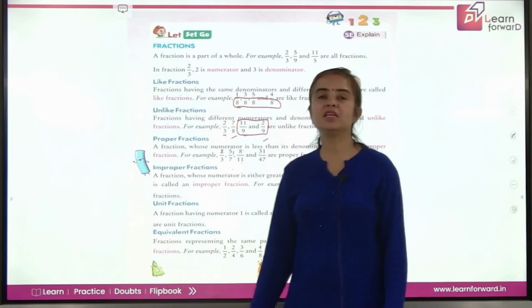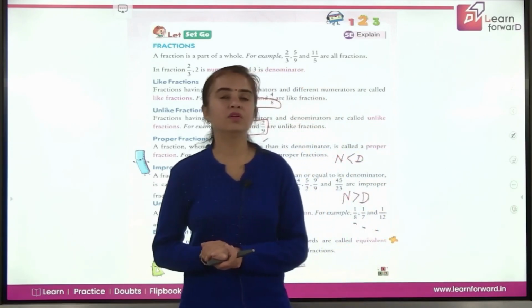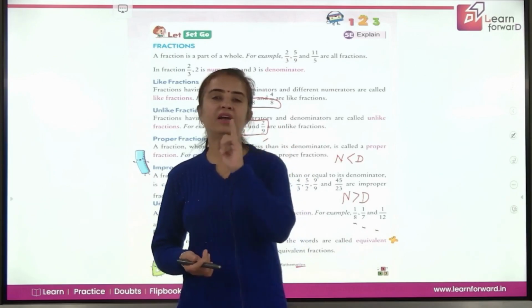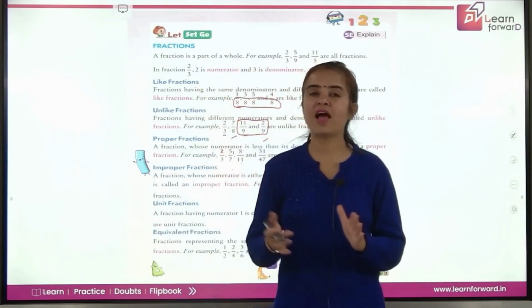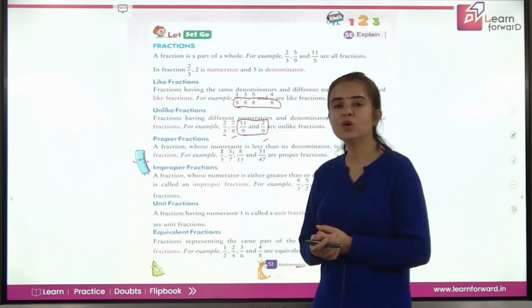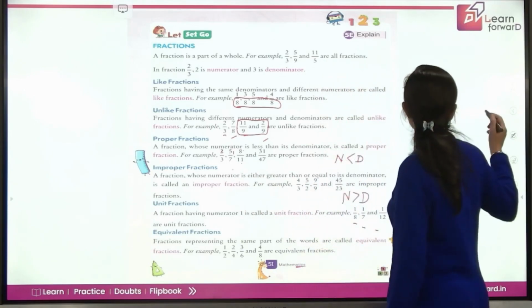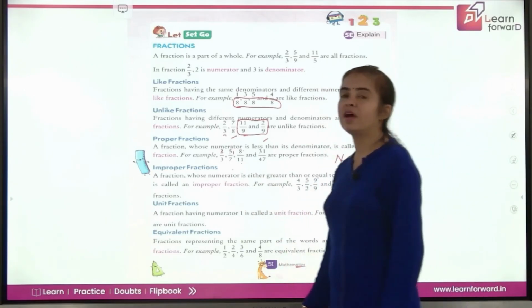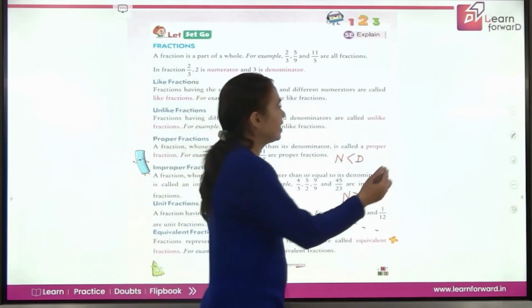Coming to the next, equivalent fractions. The word equivalent comes from the words equal and value. So, the fractions which are equal in value, they might have different numerators and denominators, but when they are equal in value, they are called equivalent fractions. So, for example, if you look at 1 by 2, 2 by 4, 4 by 8, 3 by 6,